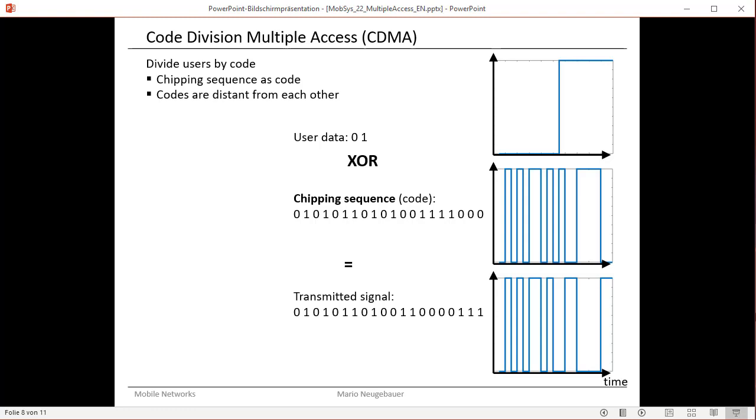The transmitted signal then is the bit sequence you would actually send over the channel. It has a much higher bit rate, as you can see here, and this means that you also need a higher frequency than just transmitting the user data 0 and 1 with a much lower bit rate. So code division multiple access requires this chipping sequence, which is XORed with the user data, resulting in the transmitted